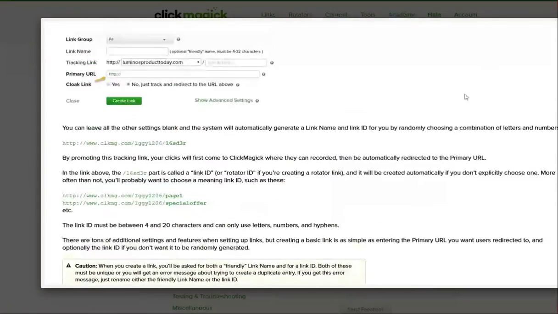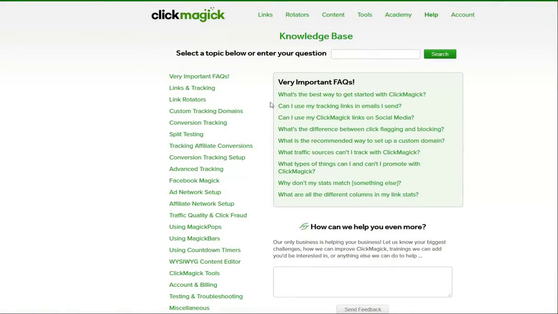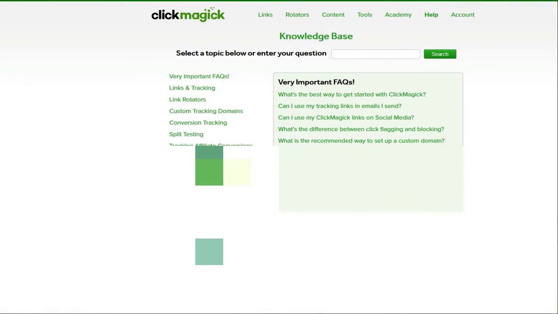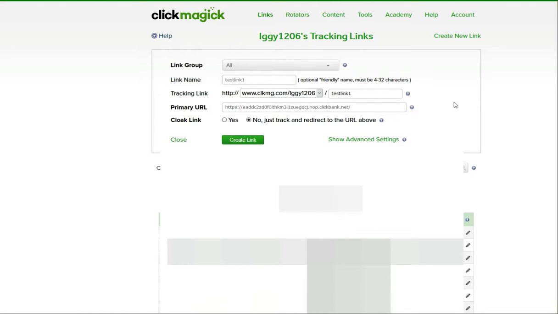There's also a video tutorial. If you prefer a video version of the tutorial, just click on the help icon on the upper right hand. Okay, so let's continue to